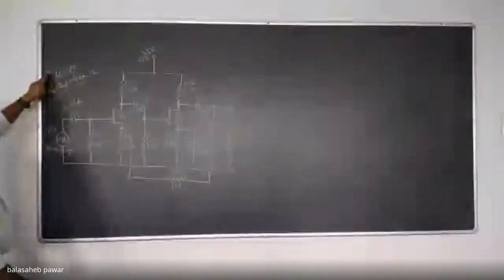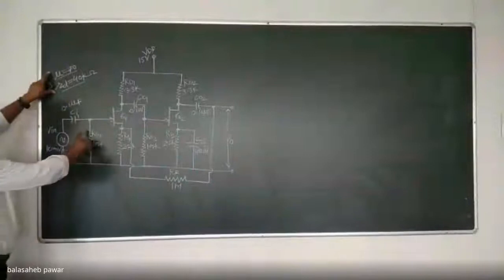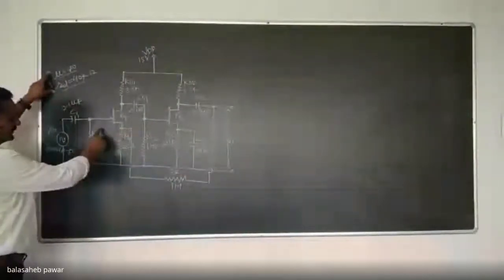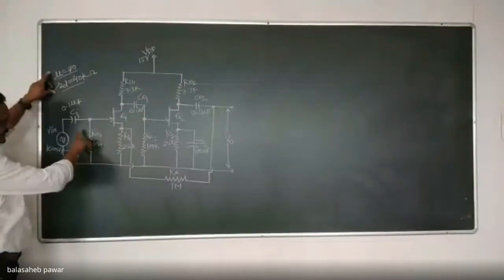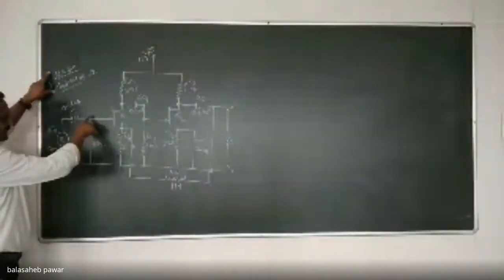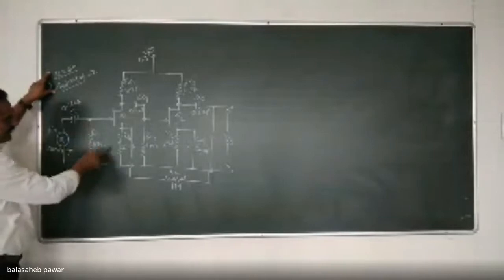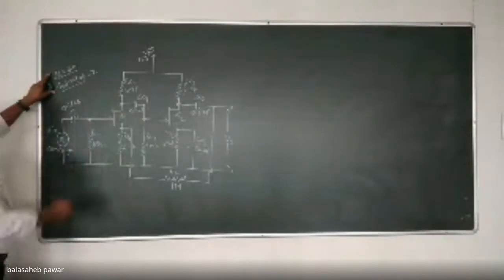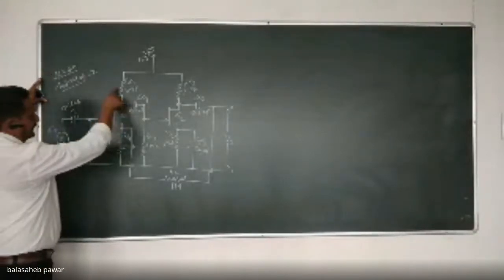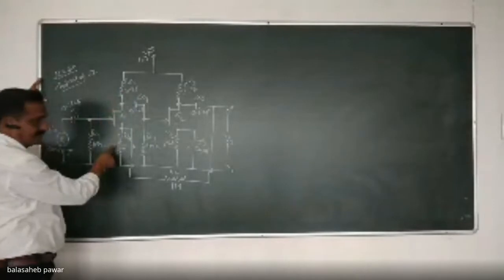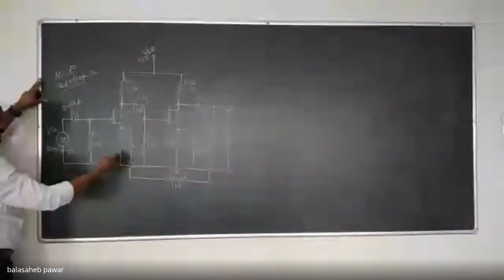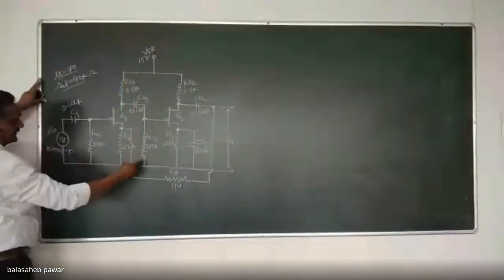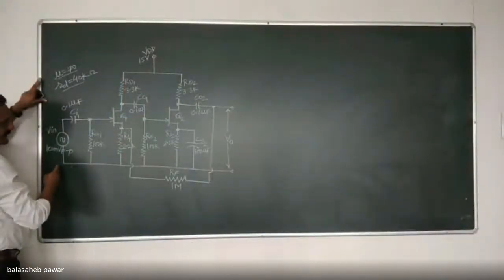Now another thing you will observe, both transistors are biased using the self type of biasing. Such type of biasing is known as self bias. There is a single RG connected to the gate terminal with respect to ground, and the remaining components you are already familiar with, that is input and output coupling capacitors, drain resistance, and source resistance. So just look over here so that you will not get confused. This is the first stage of this multi-stage amplifier.